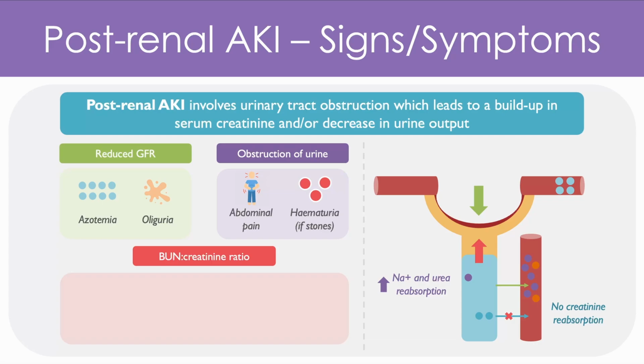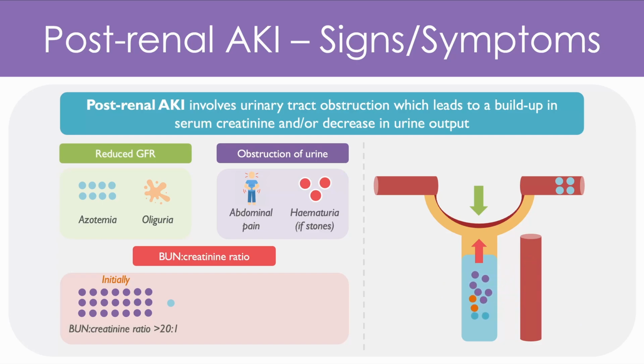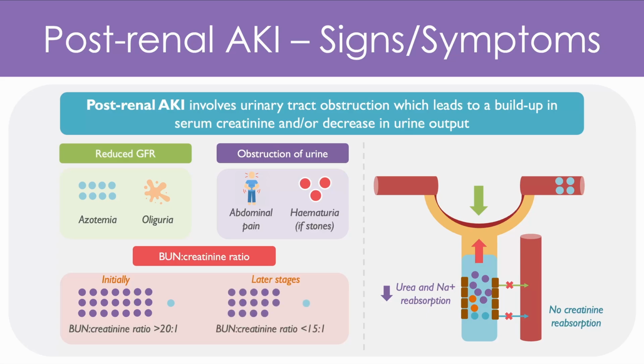As a consequence of this, in the initial phases of a post-renal AKI, we would get a high BUN to creatinine ratio, because more urea is being reabsorbed compared to normal. However, as the AKI progresses, what can happen is that the fluid buildup actually damages the cells of the tubules, and this impairs the ability of reabsorption of both urea and sodium back into the blood. Again, we don't get any creatinine reabsorption, because that's what normally happens. Therefore, in the later stages of a post-renal AKI, we would actually get a reduction in the BUN to creatinine ratio, so this is usually less than 15:1, and this is due to the impaired reabsorption caused by the dead